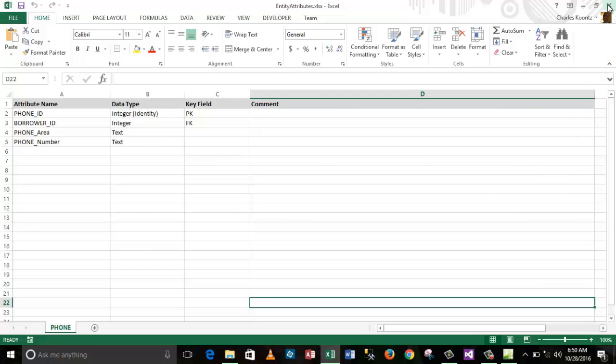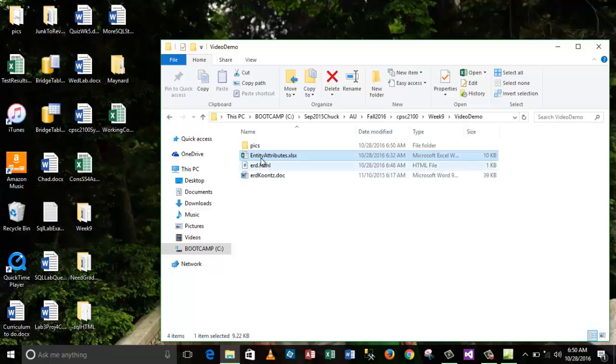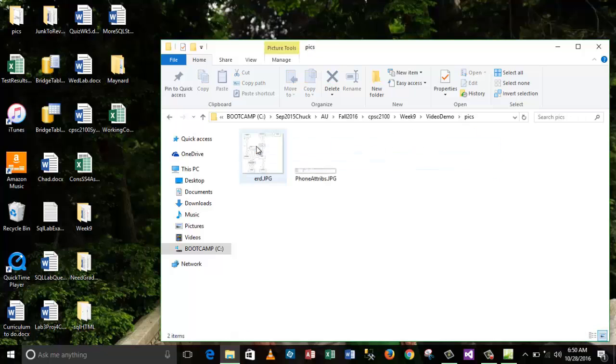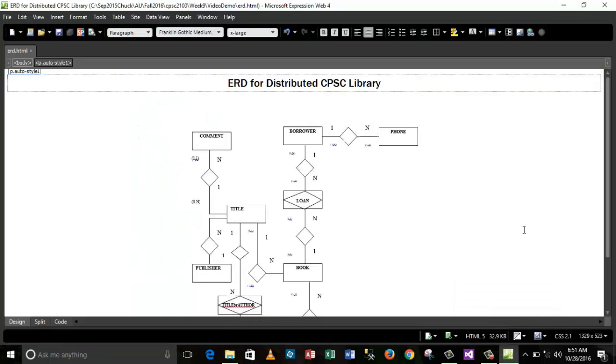Alright, so I'm done with the spreadsheet, and as I look in that pics folder then, no, it saved it as JPEG. Okay, so again, either JPEG or PNG files work, and there's some advantage to using PNG over JPEG actually, but JPEGs will work fine. Alright, so now I have a file that I can link to, and I'm going to go back to the ERD in Expression Web,